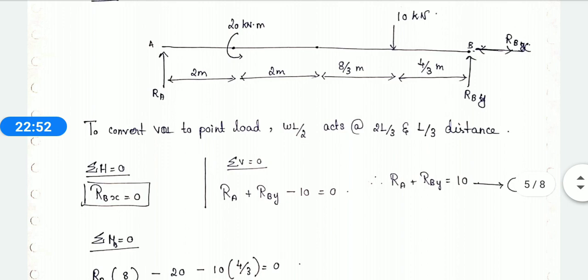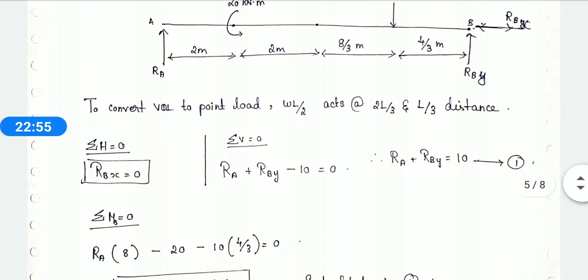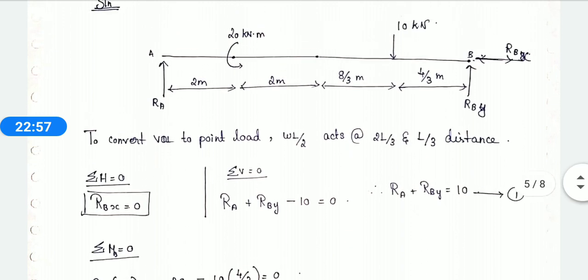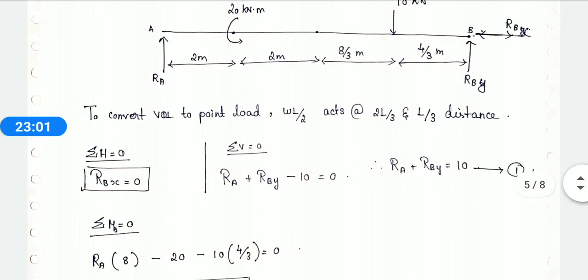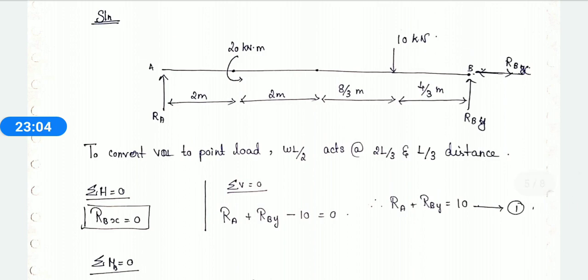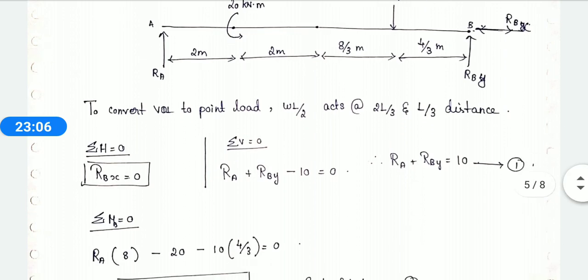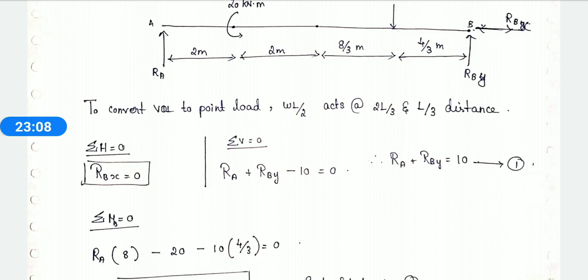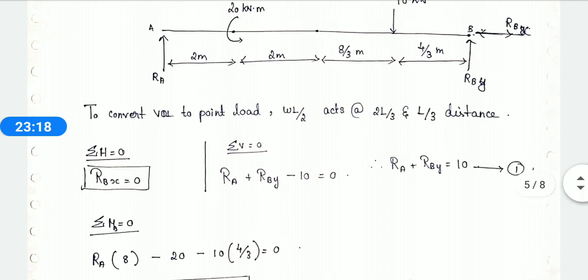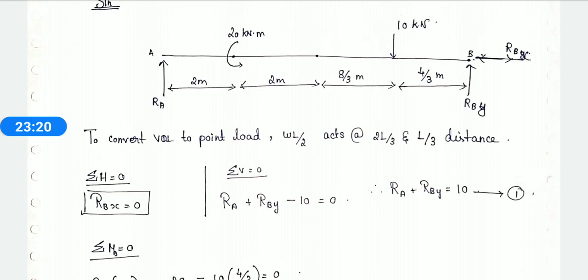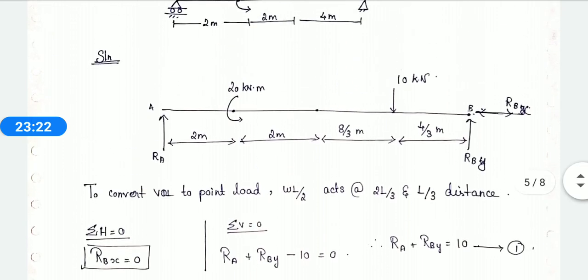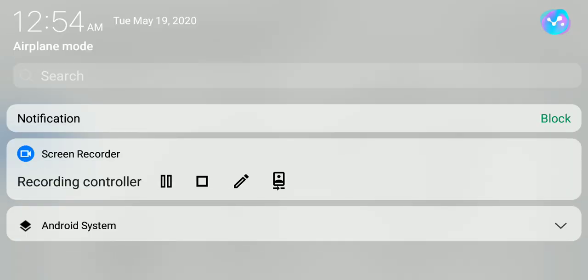Now we are going to consider moment. I am going to take the moment at B position. You can take it at any point, but I am taking it at B position. So what will be the normal condition? RA is going to move at the whole distance. You have to see whether the 20 lies in a clockwise direction or anti-clockwise direction. 20 lies in an anti-clockwise direction, so it is minus 20, and this 10 is going to act in a negative direction. Listen, once again I'll explain for you all.